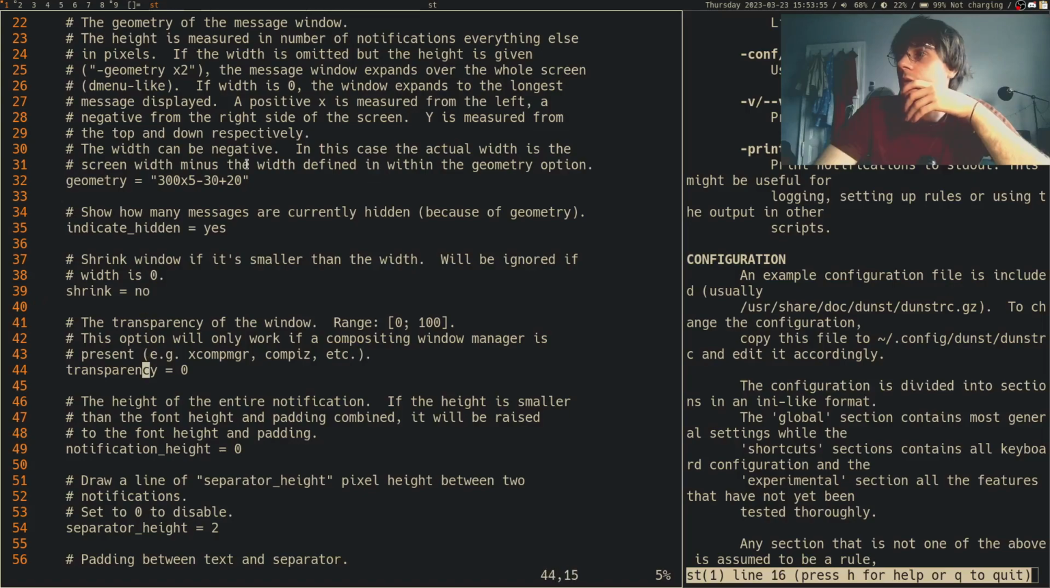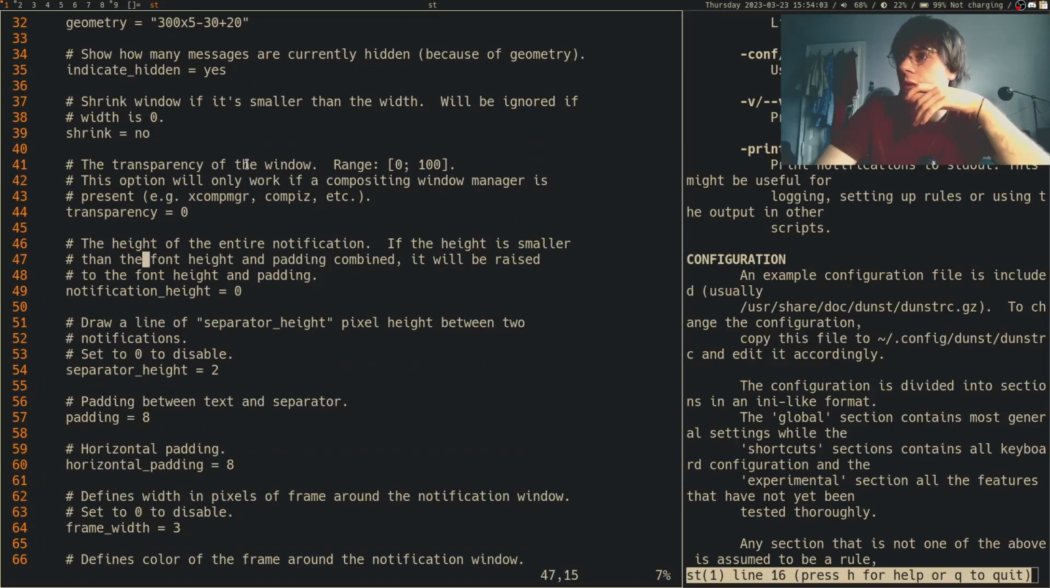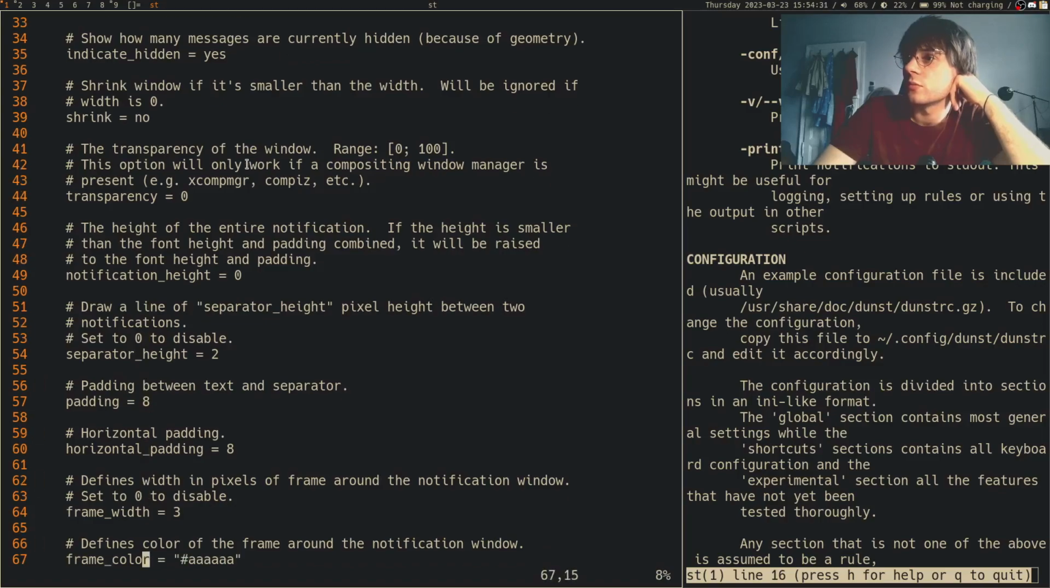Alright. Transparency, I do not want it to be transparent. I don't even have the transparency in my window manager because I don't use any, I do not have any compositor. Height of the entire notification. If the height is smaller than the font height and padding combined, it will be raised to the font height and padding. Draw a line of separator height pixel height between two notifications. Alright, so I guess it will